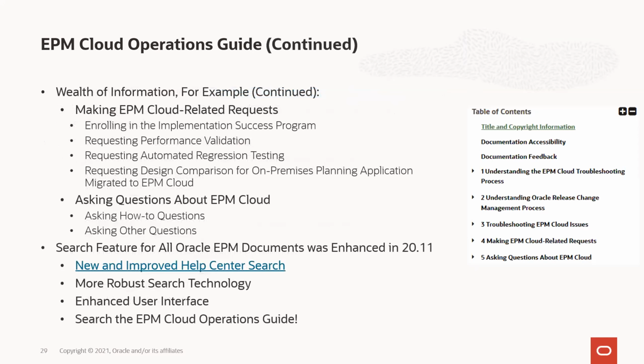Continuing that, and here are some really important ones that we really want to emphasize with you. This is the EPM cloud related requests. Now, if you're an existing customer, maybe we're not at that point, but as you roll out, especially for those of you who are partners who may be on the call, as you start a new implementation, you should be looking to enroll the client in the implementation success program.